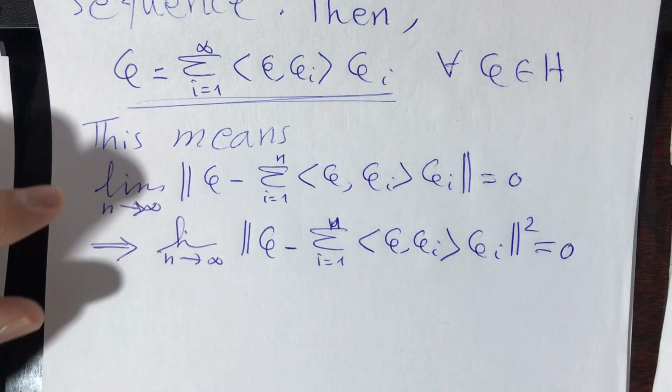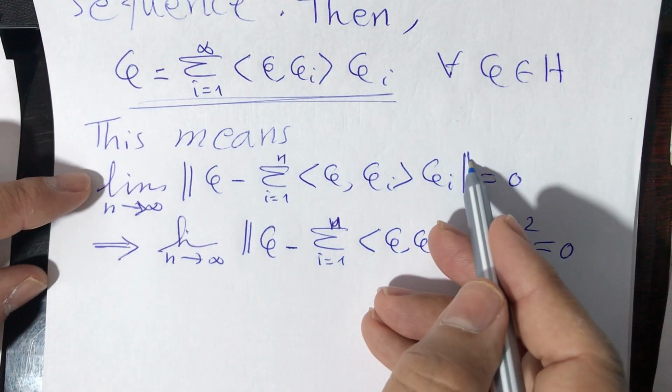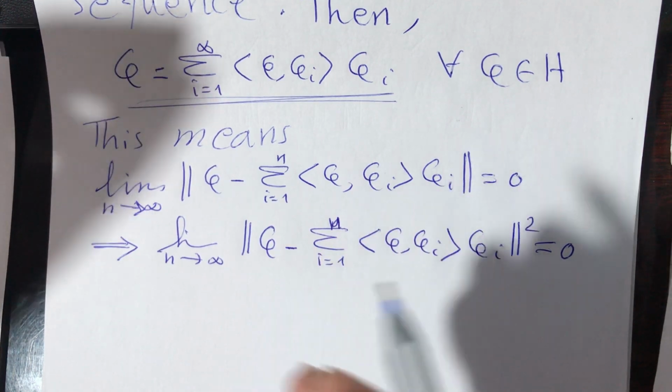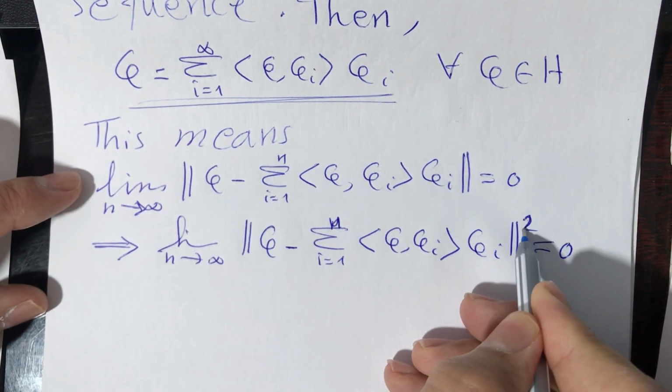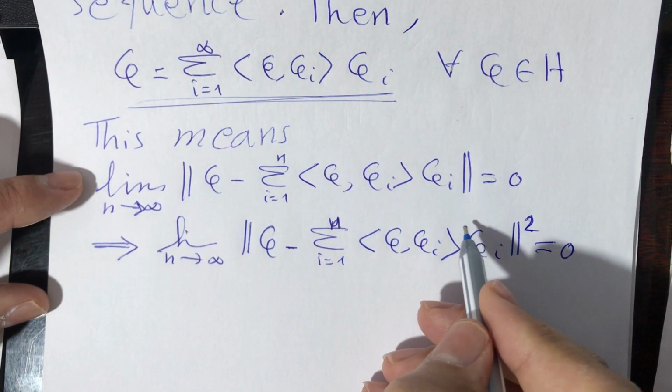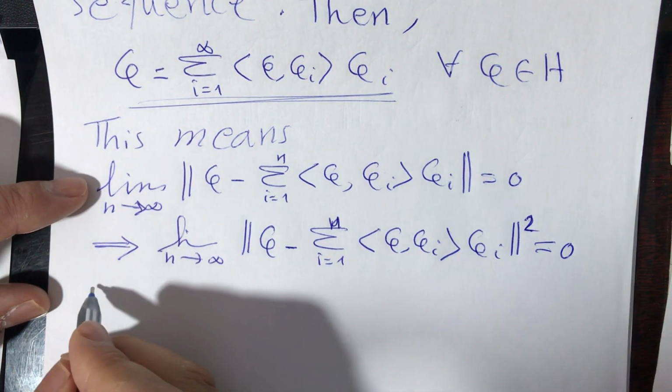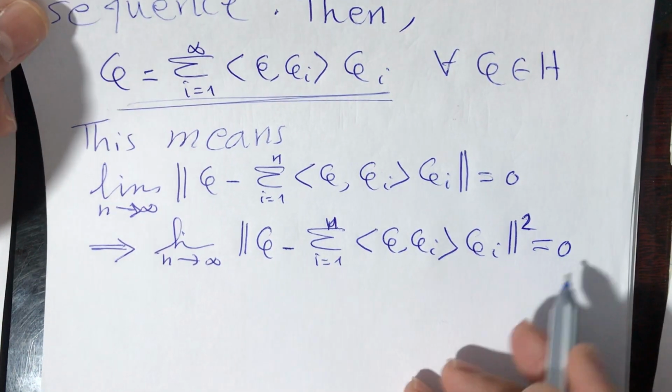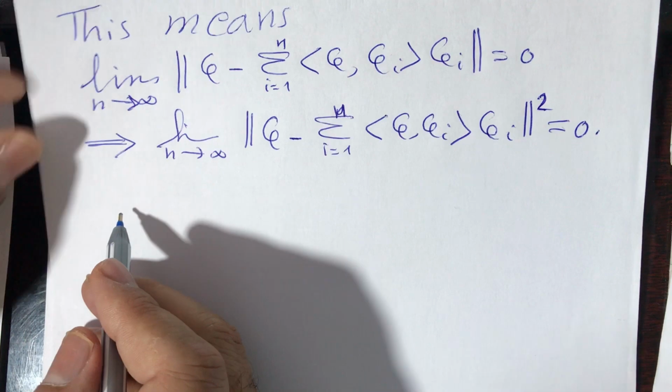Of course, the difference is just without the square, and we take the square on both sides. Now from Bessel's